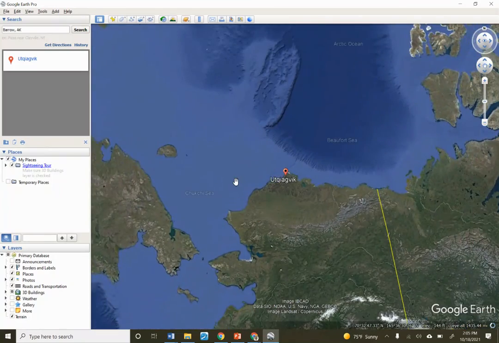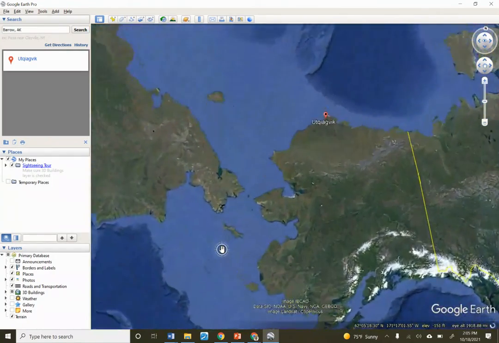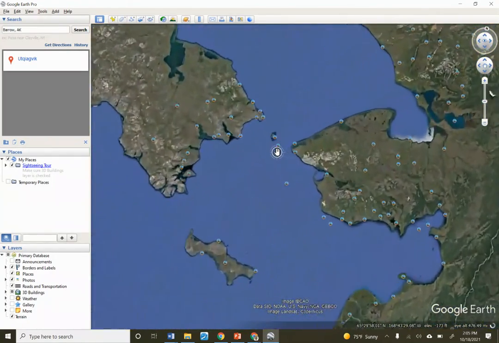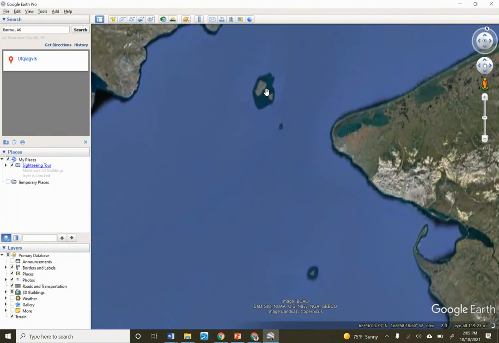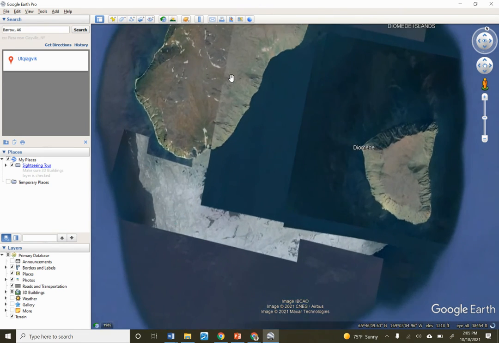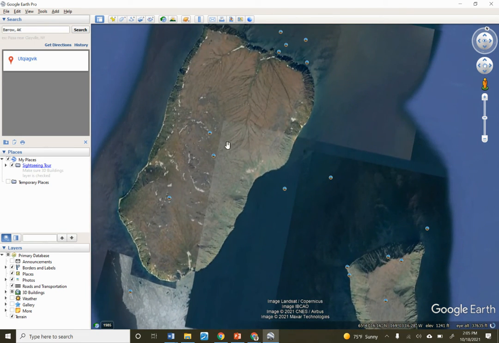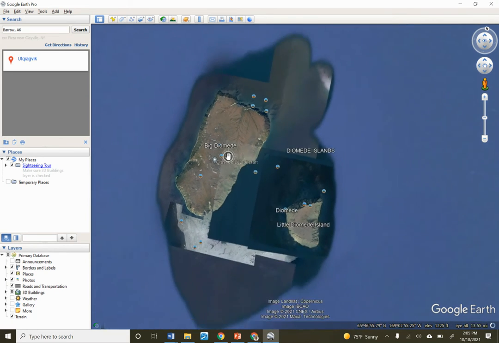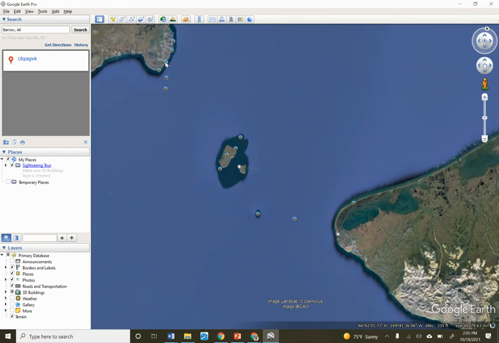Let me show you one other thing about Alaska, and then we're going to quit. Right here, these islands are called the Diomede Islands. This is the smaller Diomede, and then the larger Diomede. Nobody lives on this one, and this one belongs, guess what? This big Diomede belongs to Russia over here.